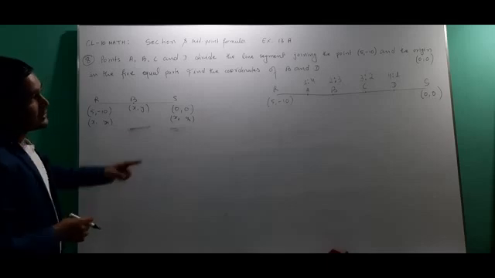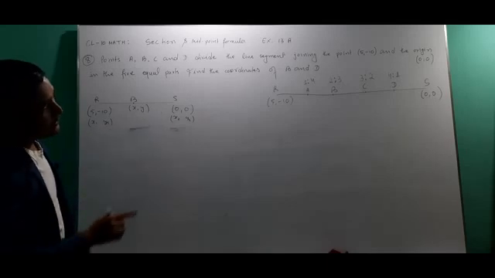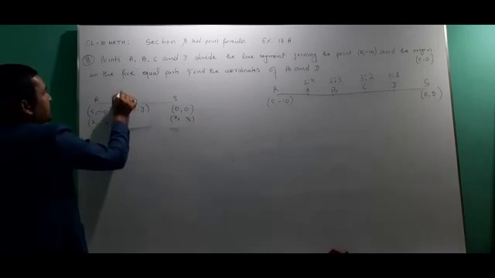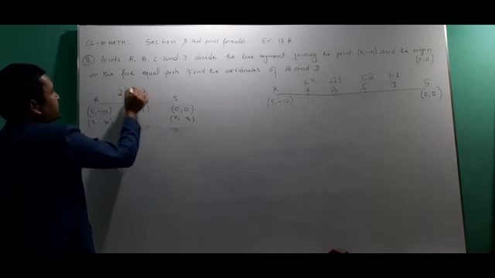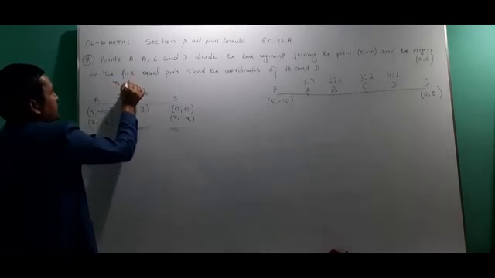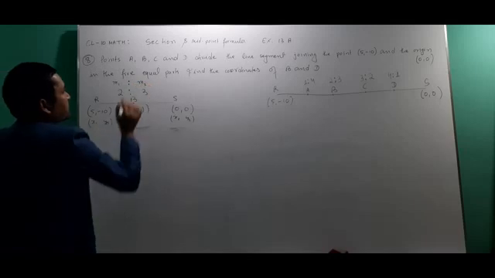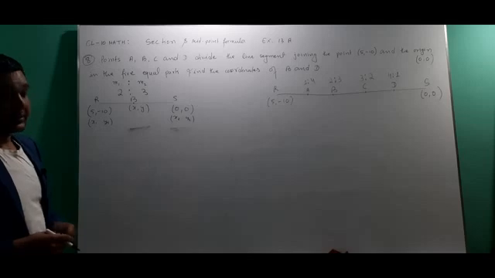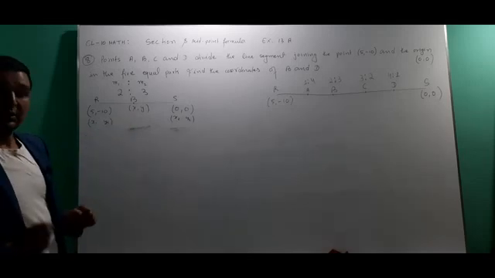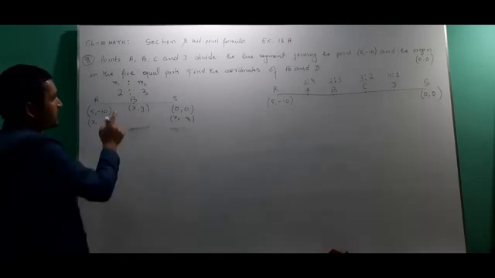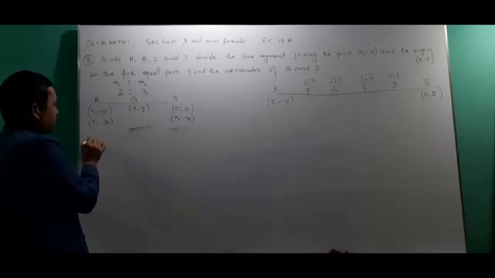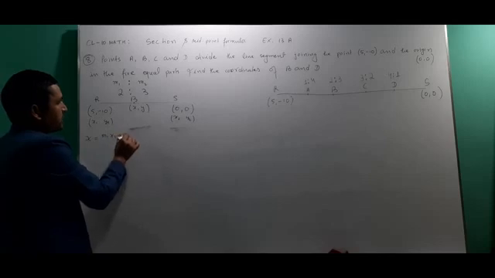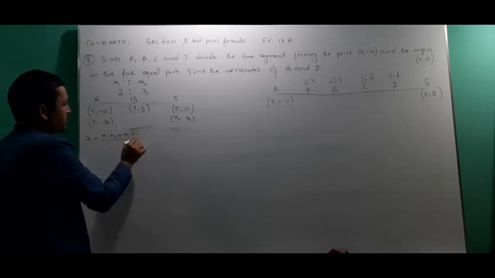Okay. Then what is the ratio of point B? Ratio of point B, 2:3, and this is m1:m2. Now let's use the section formula to find the coordinate of B, or to find the value of x and y. Okay, now the formula for x is m1 x2 plus m2 x1 divided by m1 plus m2,